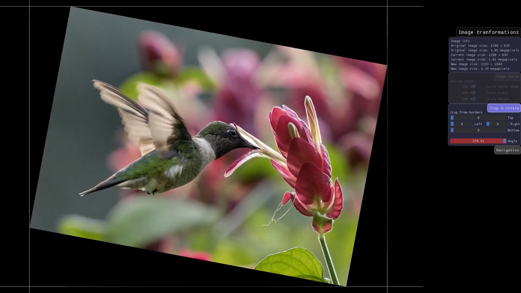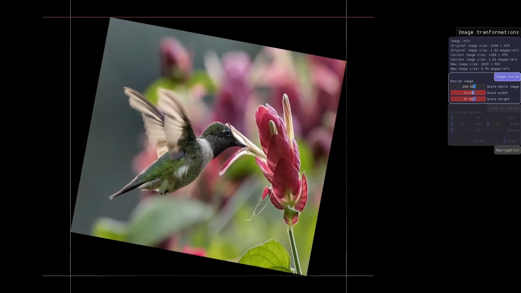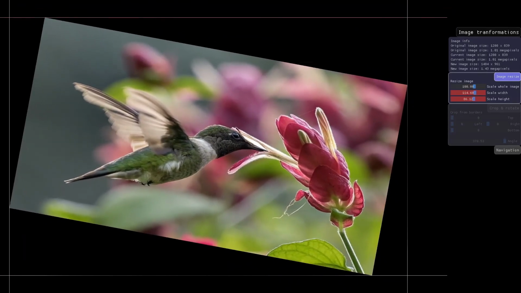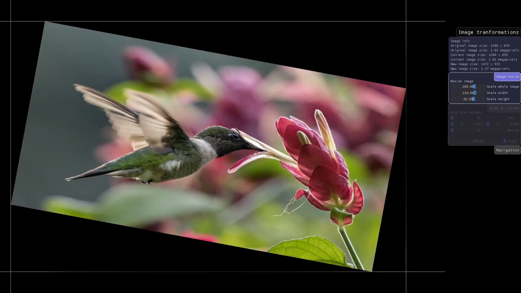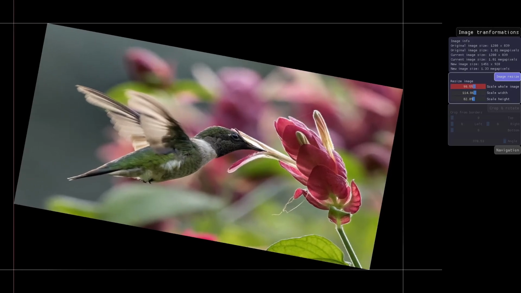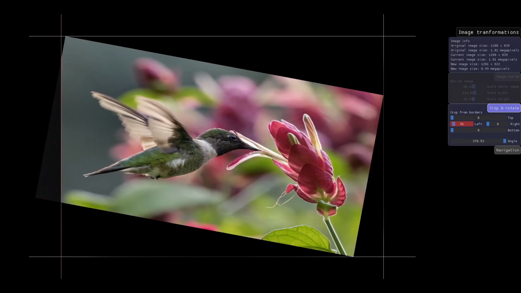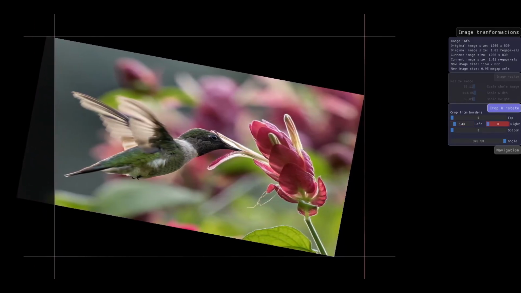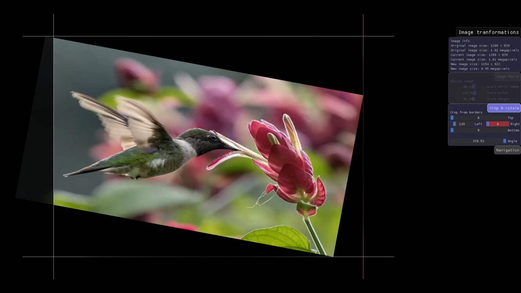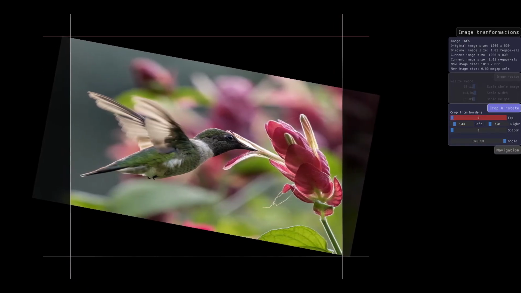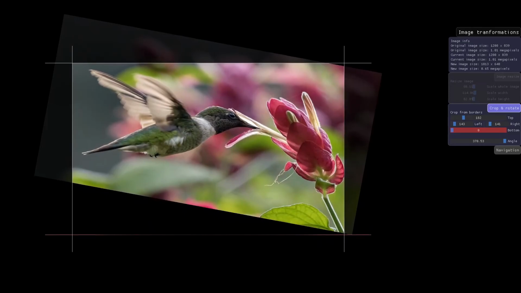Here you can rotate the image, crop it, resize it, and change its aspect ratio. To apply transformations, press Enter.